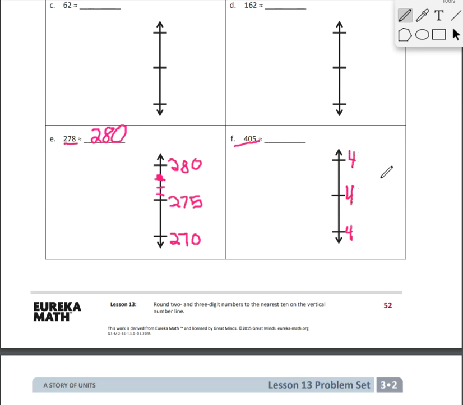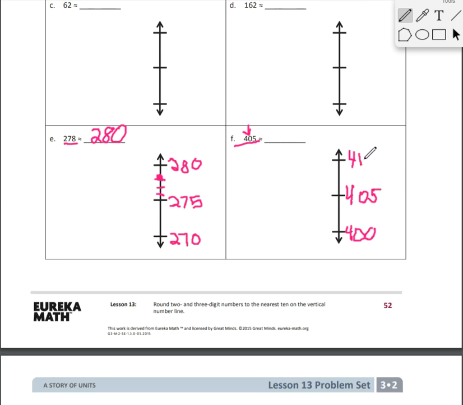Now this one can be a little tricky because 405, you're like, man, there is a 0 in the tens place. What do I do with that? You leave it there. So that becomes 400. Whenever you see a number that is something 05, your options for your tens will always be no tens